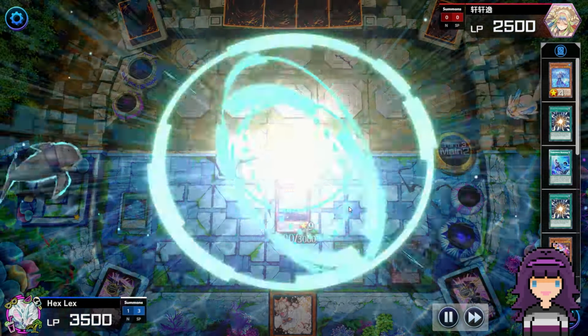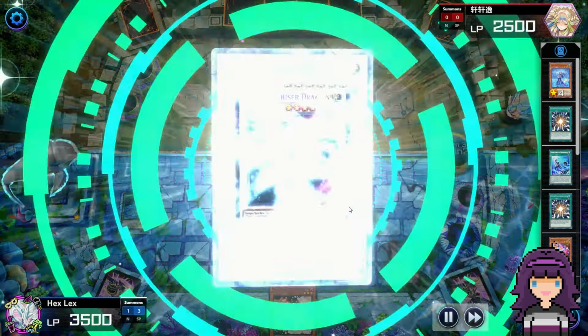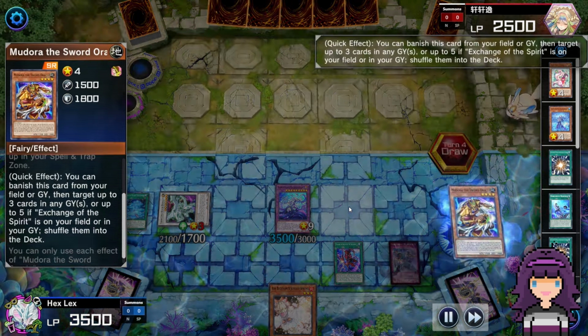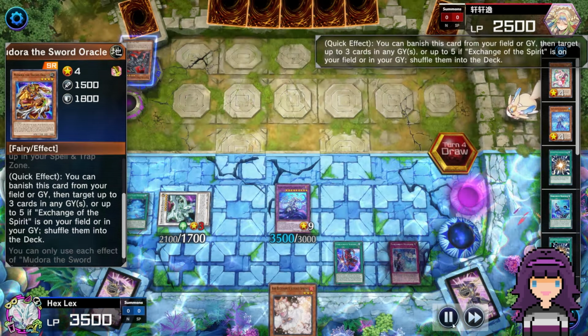I should have summoned that first, so they'd be down at 1500, but like I mentioned in the deck profile, I'm going to set up Shooting Riser here, and the Shooting Riser effect is going to mill the Snow. Now, Snow can't be summoned during my turn, the same turn it's milled, but I do get it summoned during the opponent's turn, so...